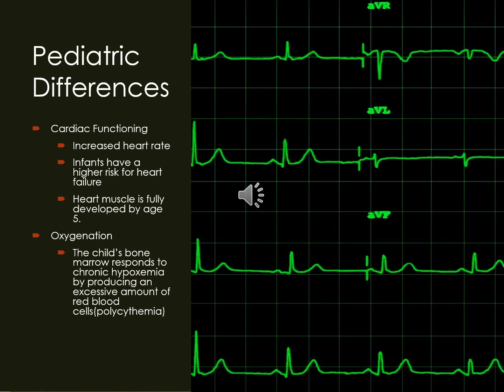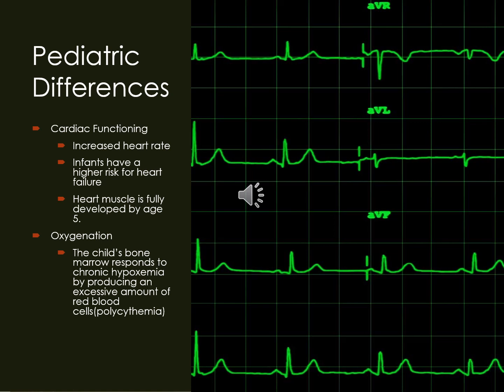Some cardiac pediatric differences that we see are going to be cardiac functioning and oxygenation. So let's start with cardiac function. The infant's metabolic rate and oxygen requirements double at birth, so the heart rate is high to maintain high cardiac output